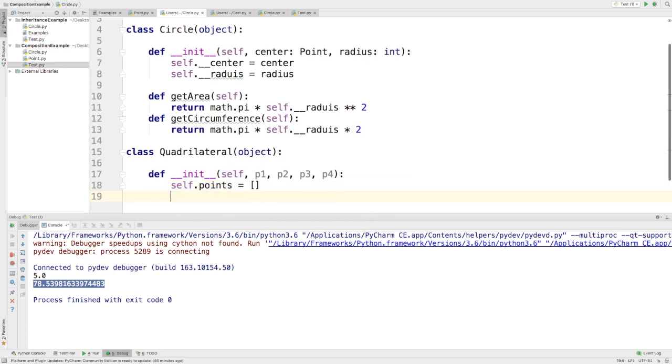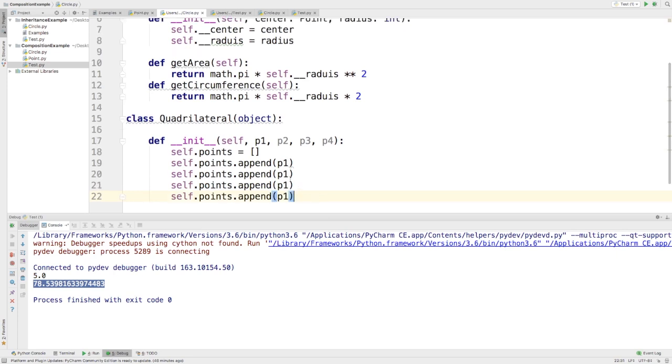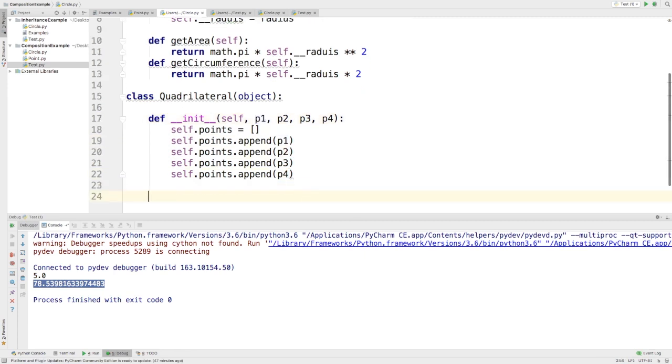and we could say that it's a list, and I could say self.points dot append p1, and I can essentially do that over and over again, and just change it from P1 to P2 and P3 and P4. And so now essentially I have this one attribute called points that has 4 different points in it. Okay, P1, P2, P3, P4, and I can do all sorts of stuff with it, like def, I could say get perimeter,